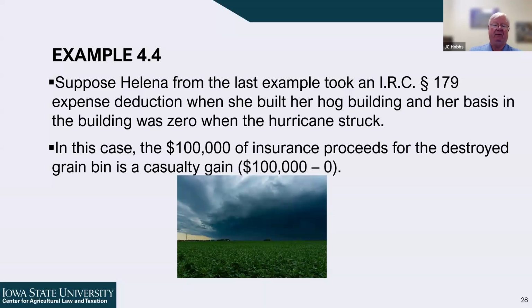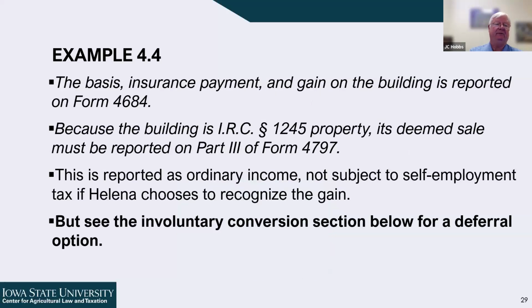And I think that should have been a hog building. I'll have to fix that in the slides. So the gain on that building is reported on the form 4684. Again, this is for your tax preparer's benefit. The gain is ordinary income, but it's not subject to self-employment tax,